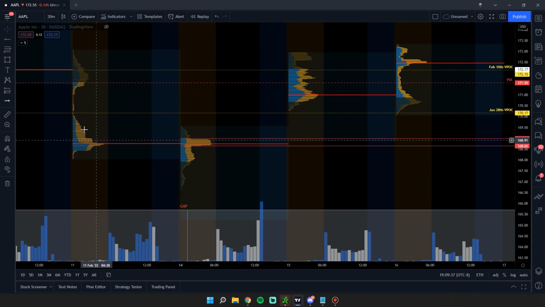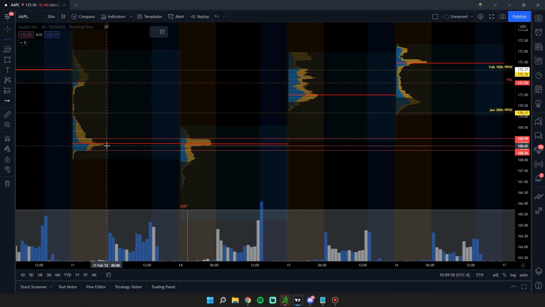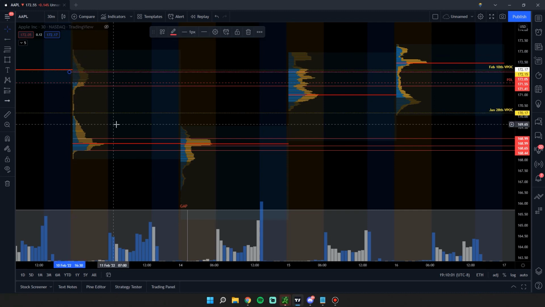And with this here, again, I don't know how this trading day went. I turned off my candlesticks, but I can guarantee you at some point during the trading day, price went from either up here down to here or from down here up to here. And the area where I'm going to end up hanging out the most on the chart is going to be roughly right around there. I'll turn the candlesticks back on and you can take a look. But where you have a shelf and then a narrow belly and then another shelf,